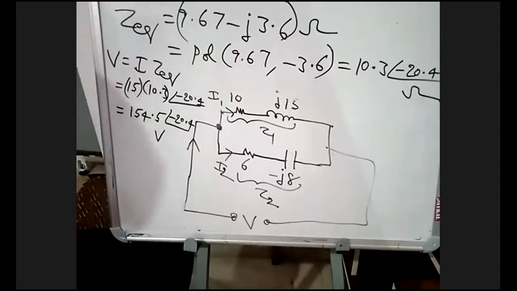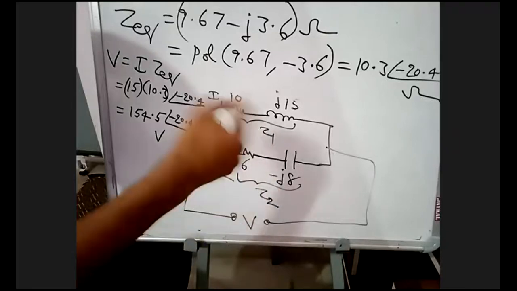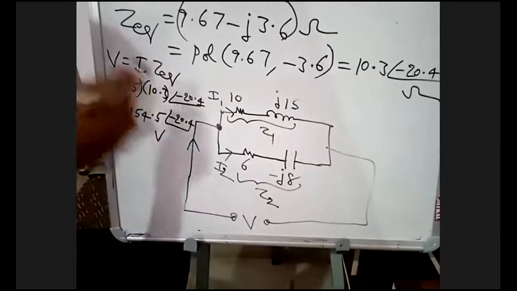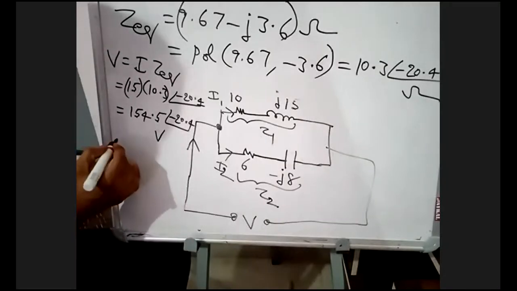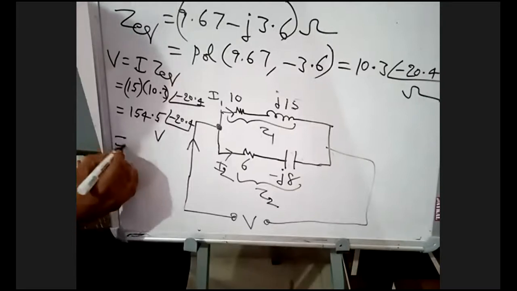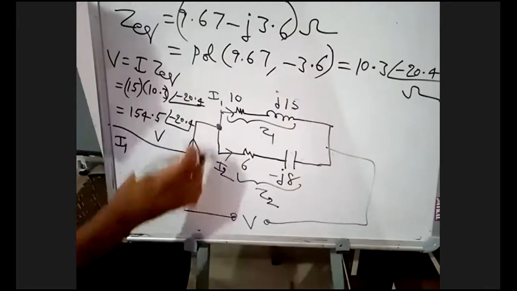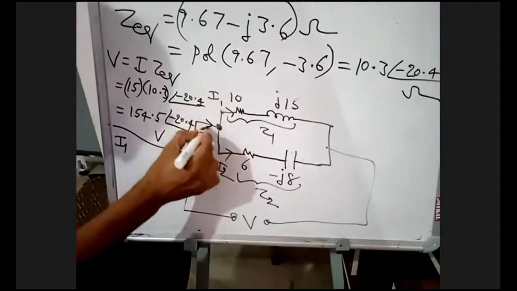What is this voltage? This is the total voltage of the entire circuit, V equals I into Z equivalent. Now I am calculating I1. See here, what is the formula? In parallel, you can apply the current divider. I1 is equal to,